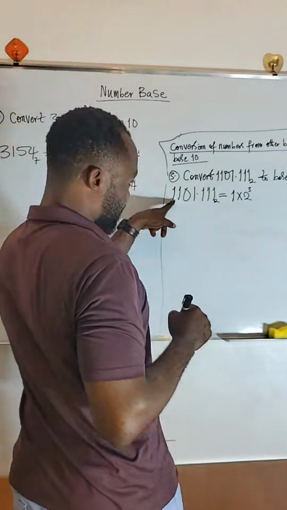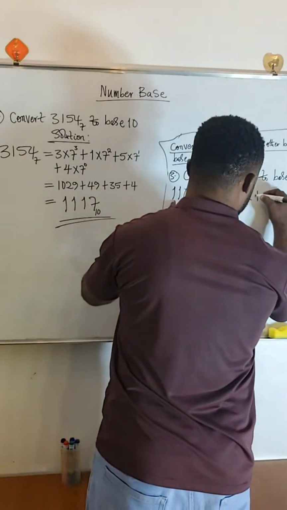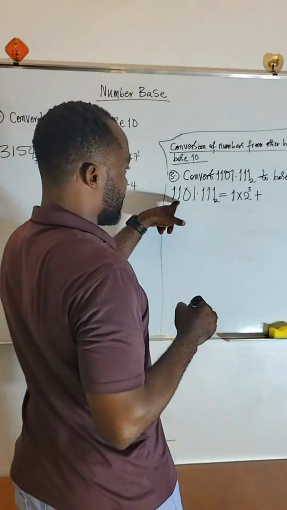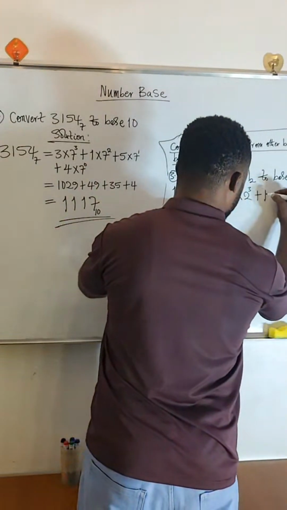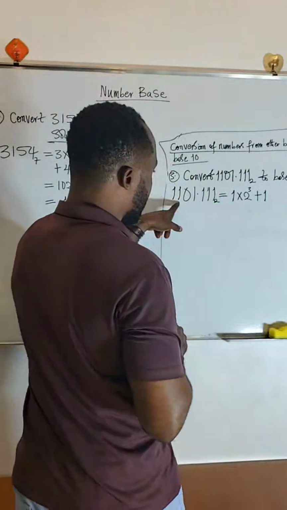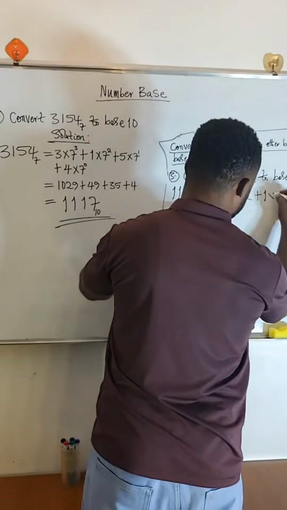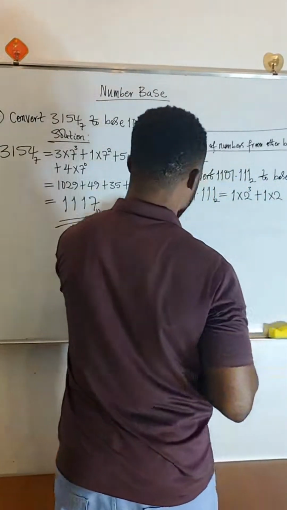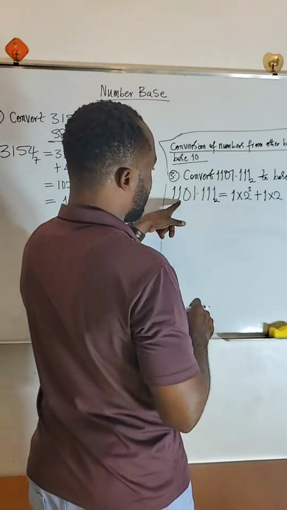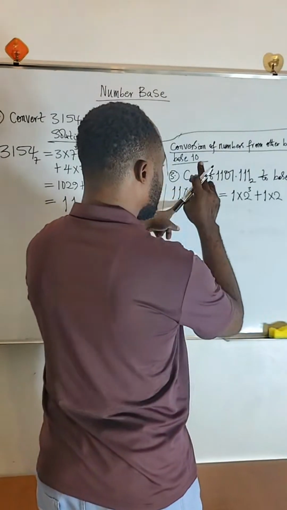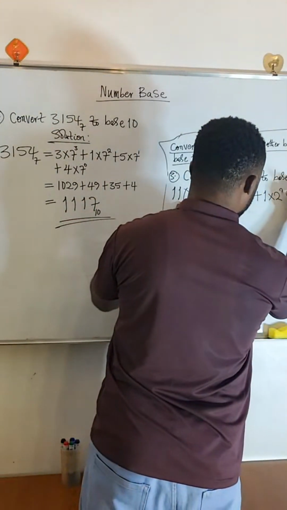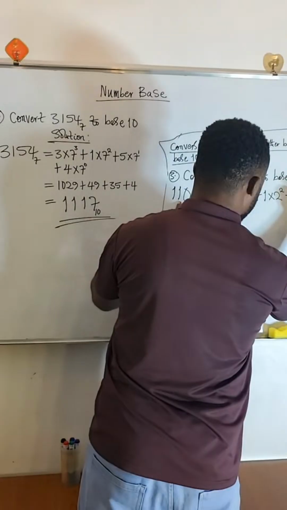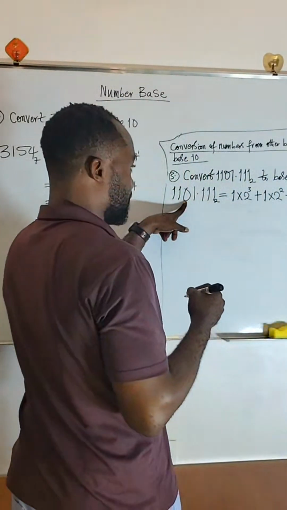We are done with the first digit, plus the second digit, which is the next one, 1 times the base, which is 2, raised to the power of 2,